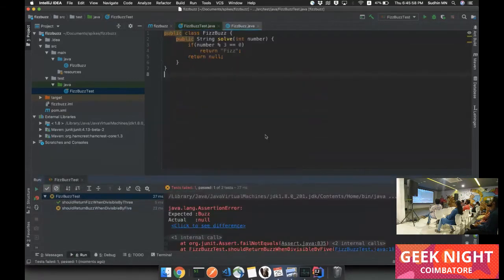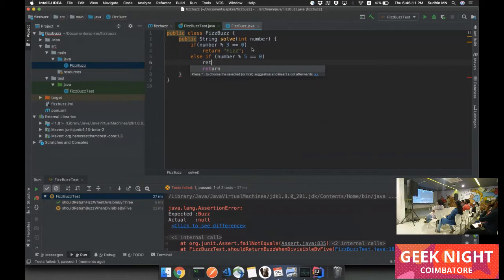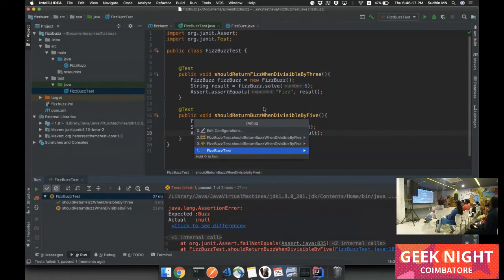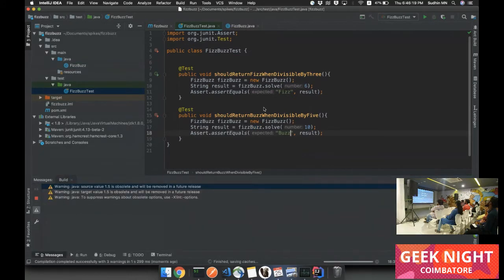It failed. We'll go and add our implementation. Else, if number is divisible by 5, then return Buzz. Again run the test to make sure it passes.